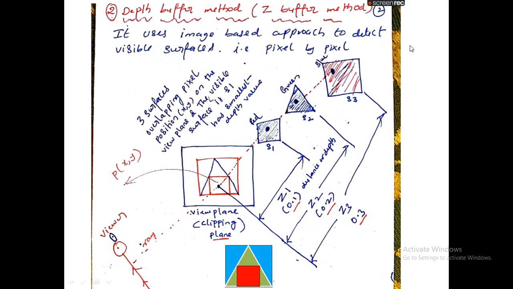I have given names to each surface. Assume the first surface, the small square, is called S1. The second surface is called S2. The third surface is called S3. These are the names of the surfaces I have given.